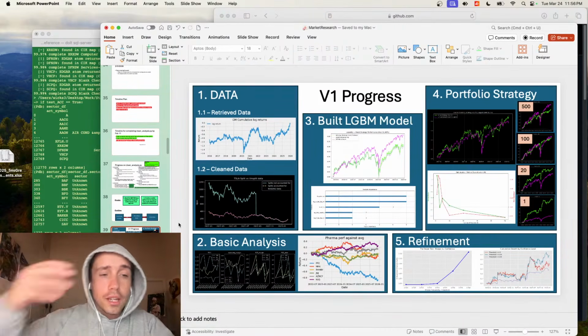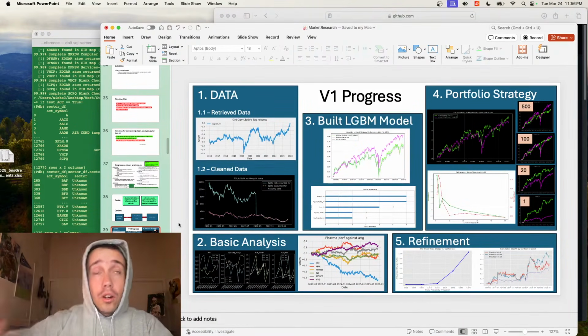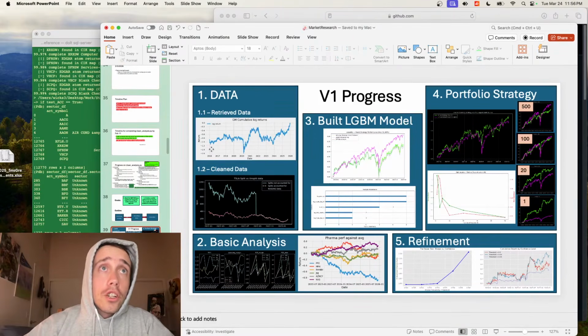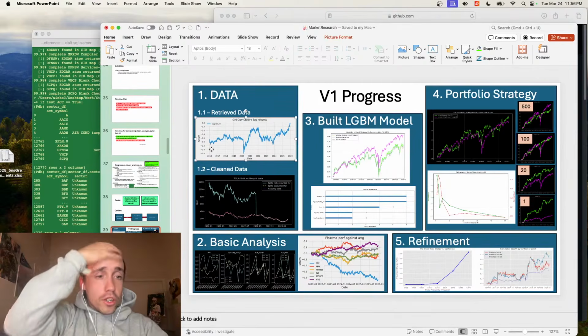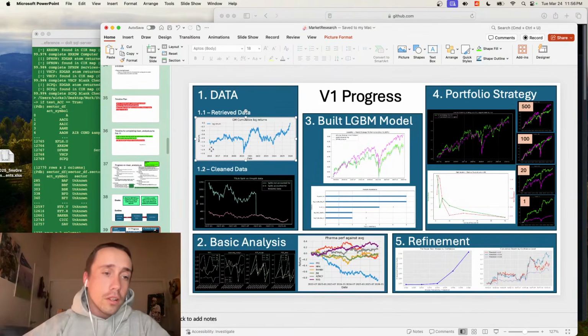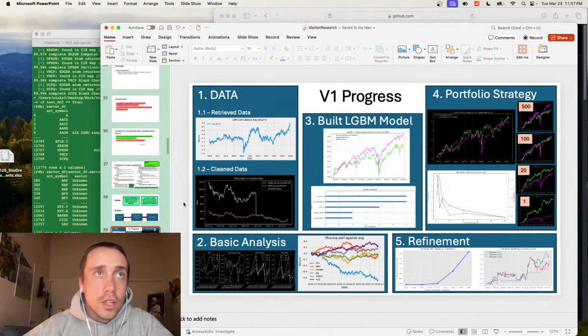So I started this project at the beginning of the year. This is where I was at. This is basically my progress over the course of January. I started out getting NASDAQ data. It turns out this isn't the best data source. Even though it's free, you're going to have to download data for every single day, and that's not really doable if you have like 8,000 tickers in the stock exchange. So I found a better data source.